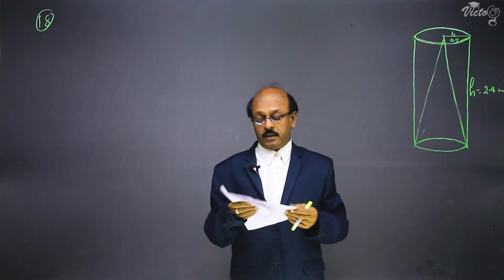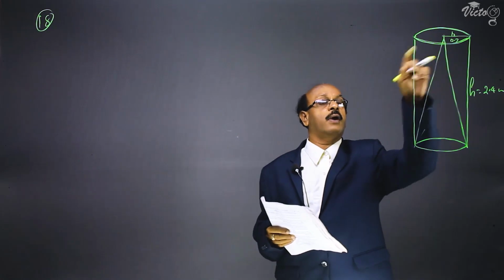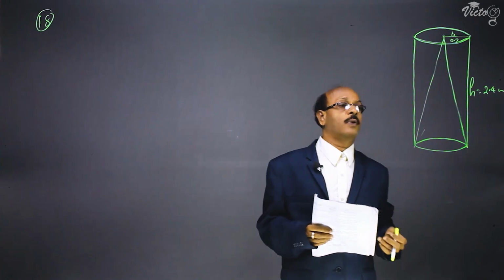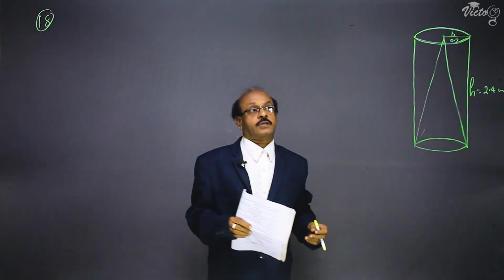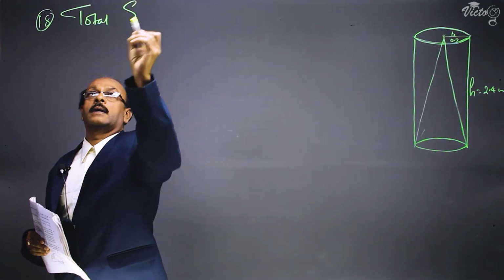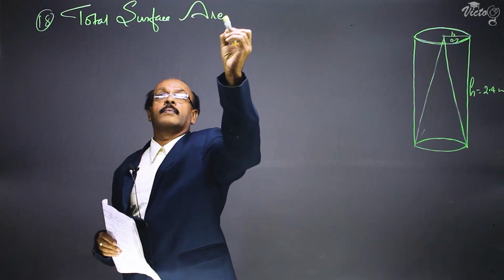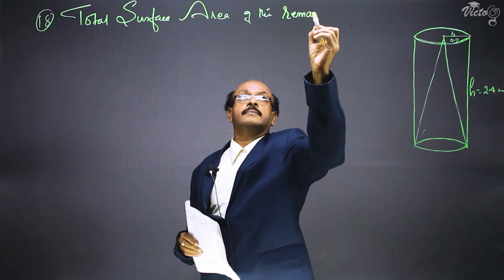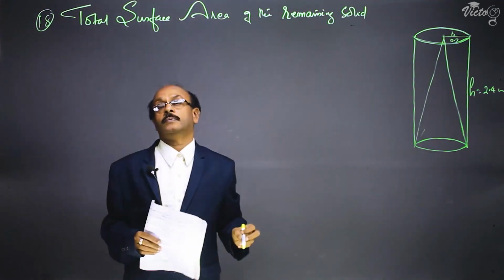Now we have to find the total surface area of the remaining solid. That means we have to find out the area of one base and the CSA of the cylinder, then the CSA of the cone. That is the total surface area of the remaining solid. Total surface area of the remaining solid is equal to